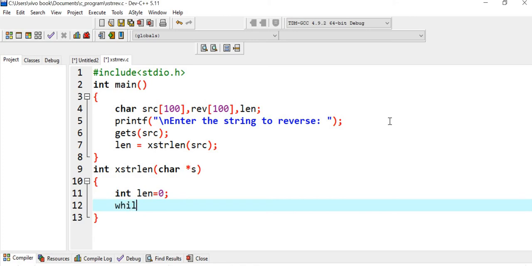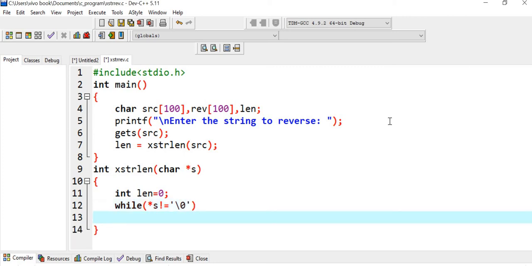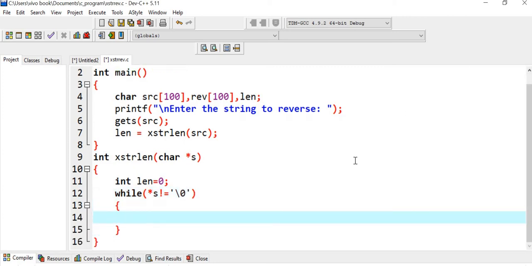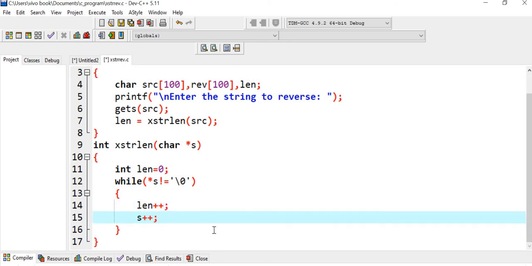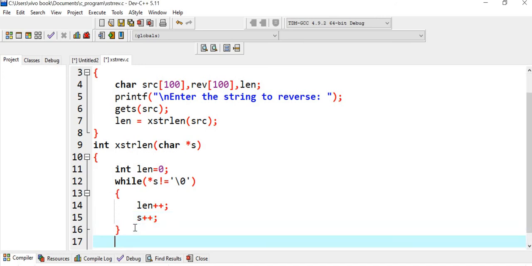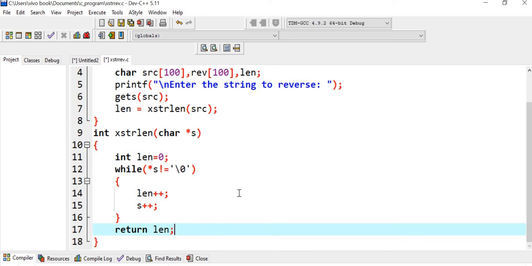Now while *s is not equal to \0, we write length++ and again increment the address, s++, and finally return the length value. In this way we can get the length of a string.